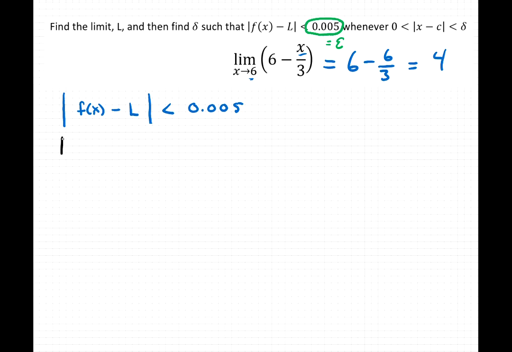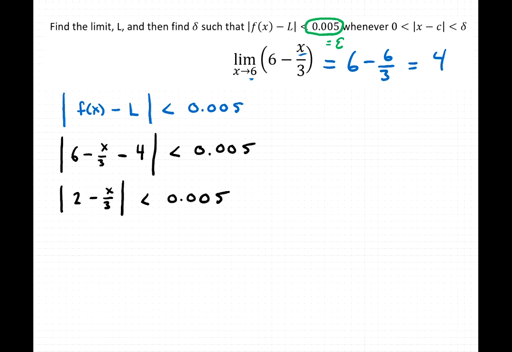Okay, so we have the absolute value of f of x, here's our f of x, 6 minus x over 3, and then minus L, which is the limit, which is 4, is less than 0.005. Okay, 6 minus 4 is a 2, so that becomes the absolute value of 2 minus x over 3 is less than